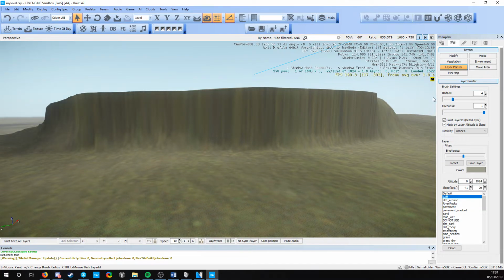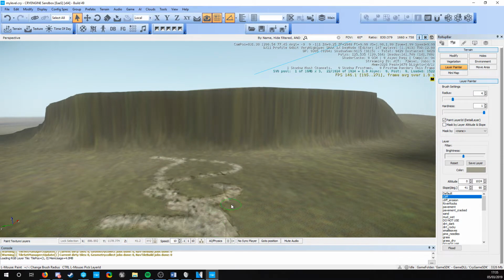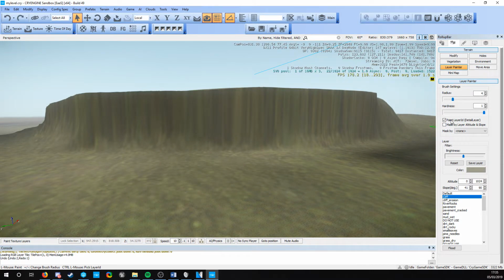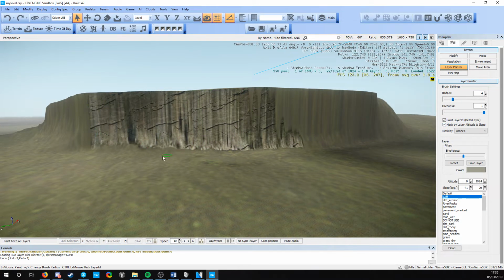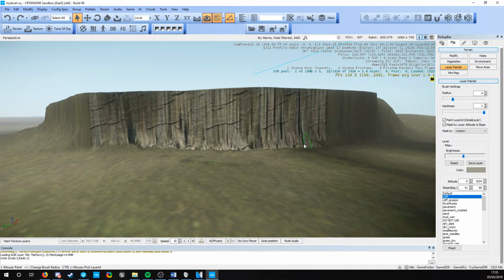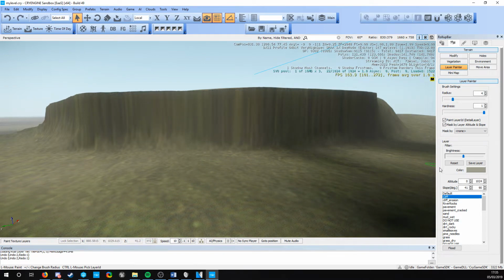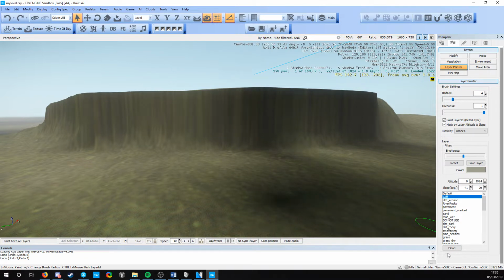If you want to override these, you can click this tick box. There's mask layer by altitude and slope. You can turn that off, and then I can paint that anywhere. And if I have it turned on, I can only paint it on constraints. This is also useful if you want to flood textures. There's a button down here called flood. So when I click flood,